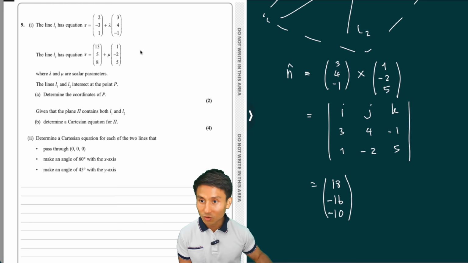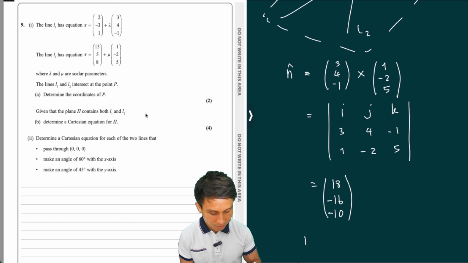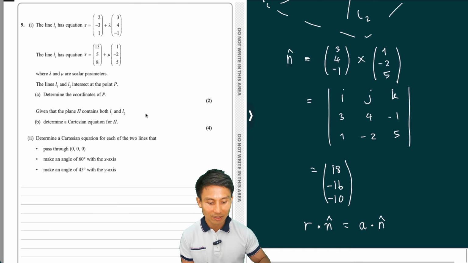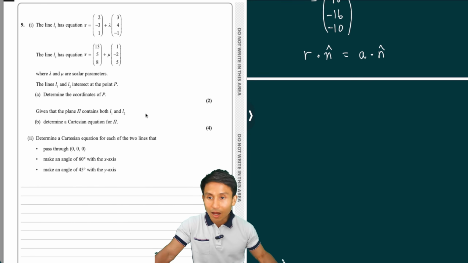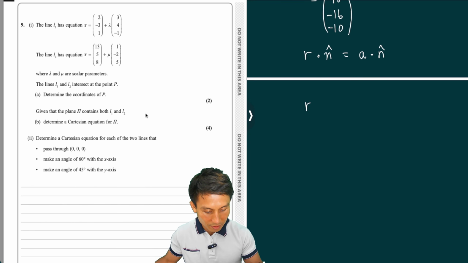And now, because this is a Cartesian equation, we're going to need this form: r dot normal vector equals some point on the plane dot the normal vector again. We're going to need this form. r is just x, y, and z. And so I can just put here